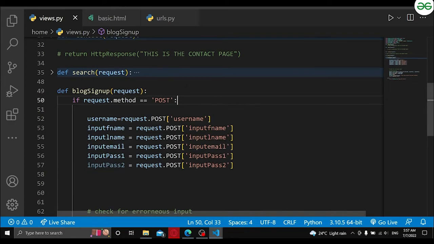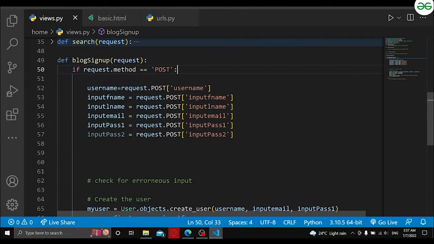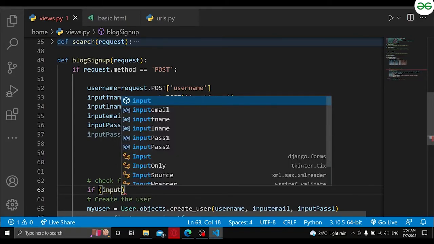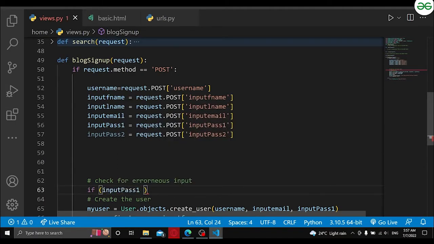Actually, the reason it's not working is that, as you can see, we are accessing every single field, but we were not accessing user two. So for that, we have to add one condition, that is input,